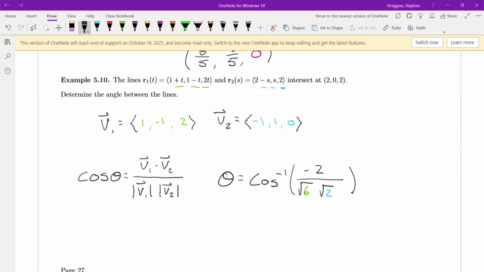And then you could plug that into a calculator to figure out what our angle is. Just looking at the thing that I'm going to plug in here, I'm expecting an obtuse angle since I'm going to take the inverse cosine of a negative number, which if I'm looking for the angle between two vectors, then that would be fine, right? The angle between two vectors can be an obtuse value. However,